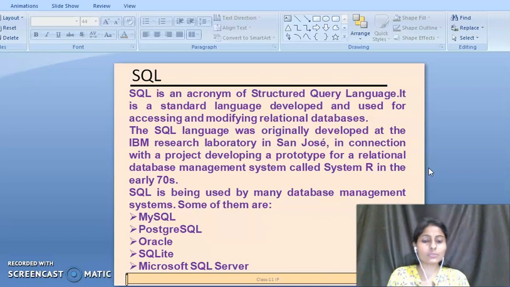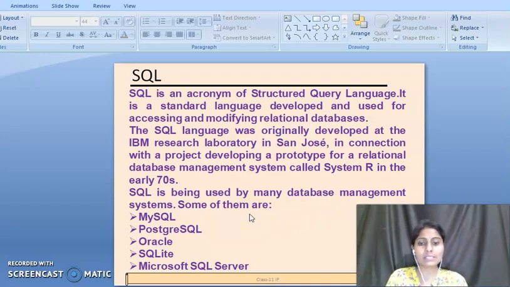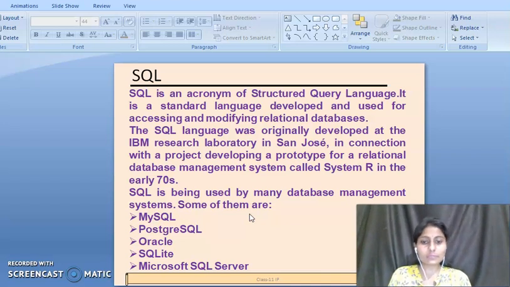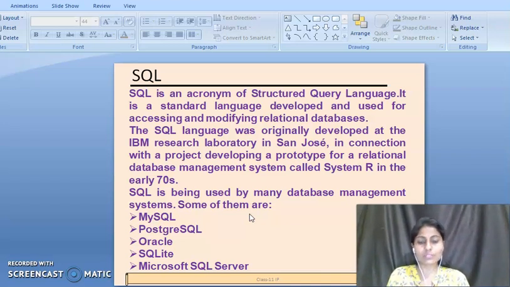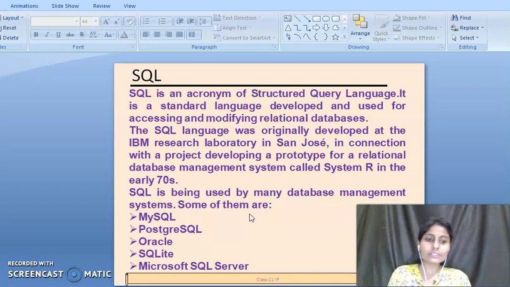SQL is being used by many database management systems. Some of them are MySQL, PostgreSQL, Oracle, SQLite, Microsoft SQL Server, and according to the CBSE curriculum, we will deeply study the MySQL software for the SQL commands.